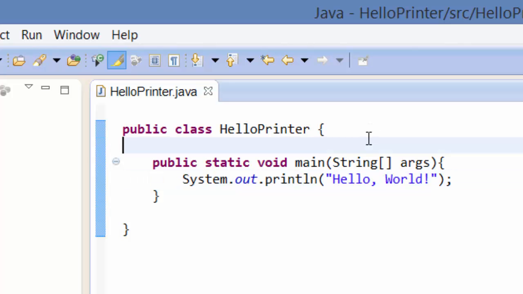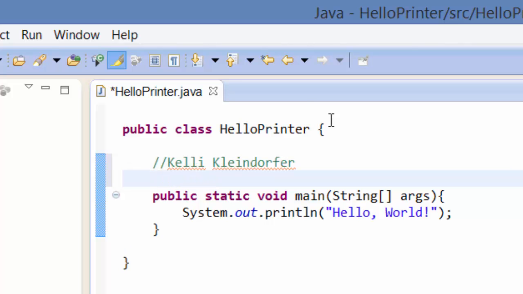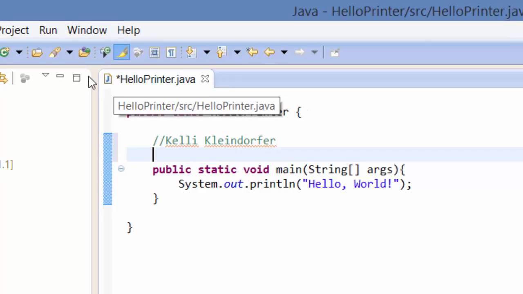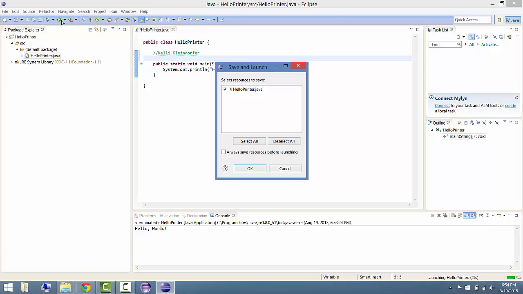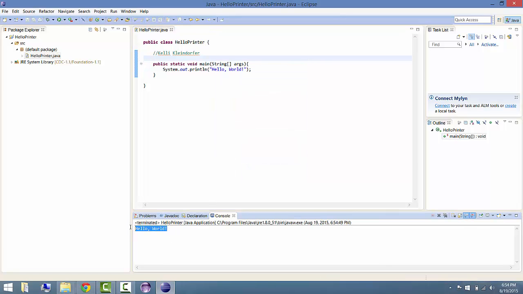One of the other components to this assignment is to add your name as a comment. A comment does not run when the program is run, and it starts with 2 slashes, and we just type in whatever we want as our comment, and the compiler ignores that specific line. I've made a change to my HelloPrinter.java file, so I'm going to save it and run it again. And you'll see down here, here's my console run,